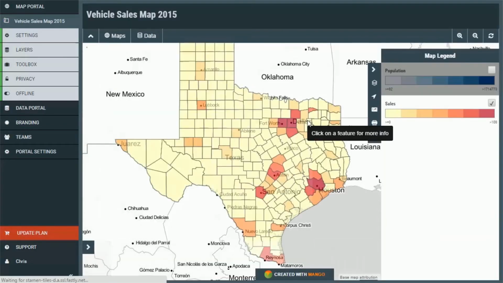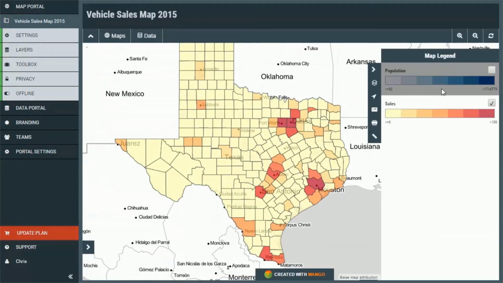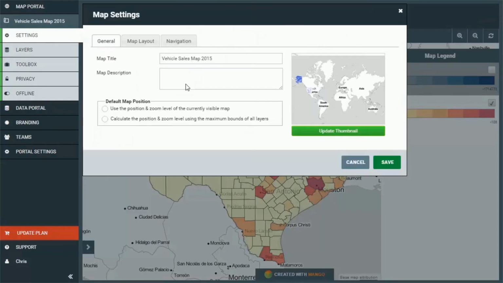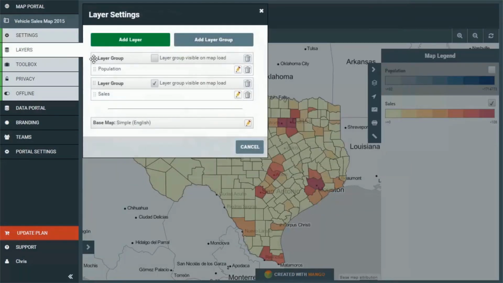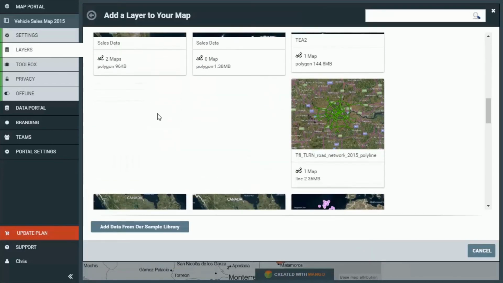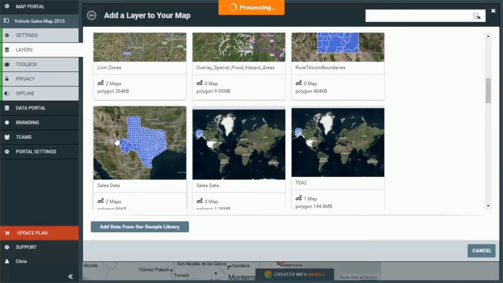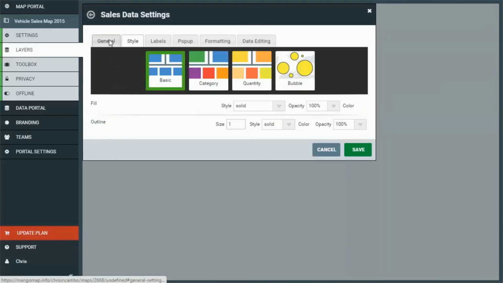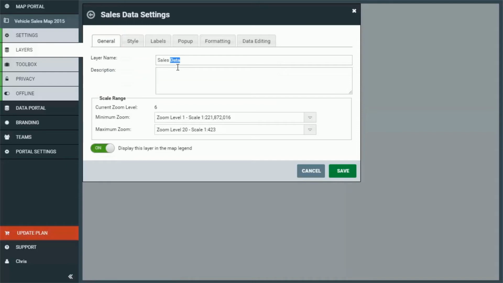And now we have the sales data and the population data in different layer groups, so they can be turned off separately in the legend. So now we just need to add the average household income data. So once again, we go into layer settings, we press add layer. We choose the sales data again. And this time, let's call this layer